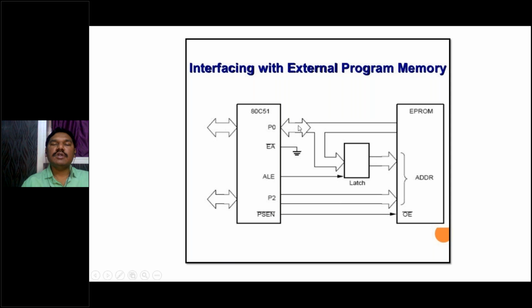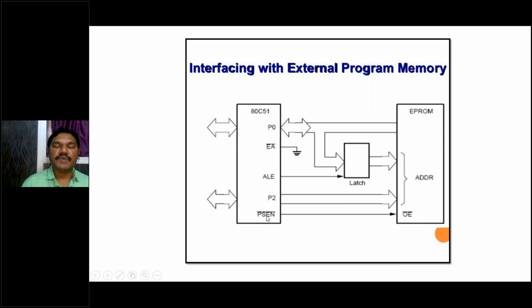In port 0, AD0 to AD7, the address lines and data lines are merged, so they operate through single lines. That's why if ALE is 0, they are data lines, and if ALE is 1, they are address lines. That's why here we are taking ALE through latches. This latches concept I will explain with the pin diagram. Port 2 gives A8 to A15 addresses, and then I can call the 64 KB of memory.